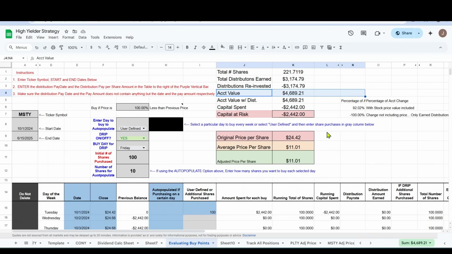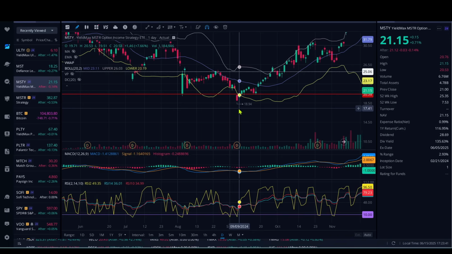And just to give an example here of if you do buy at an even lower price right here, and we were looking at that 24.42, and that was on October 1st. Let's find a date that had an even lower price. I've heard some of you out there with around a $20 per share price. Okay, here we are on the Webull chart, and as you can see, on September the 9th, price was at a close of